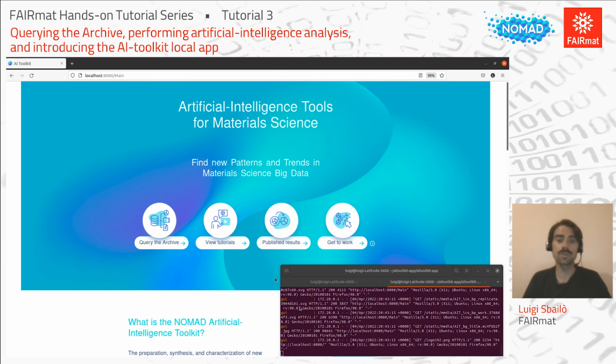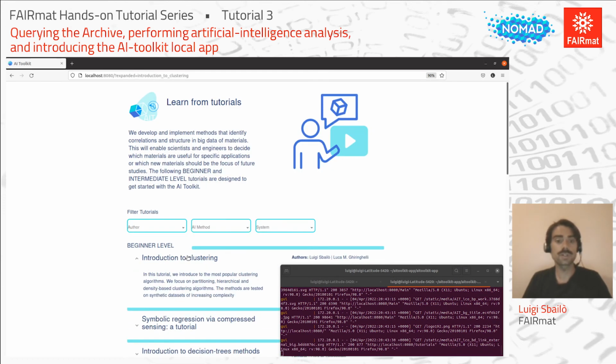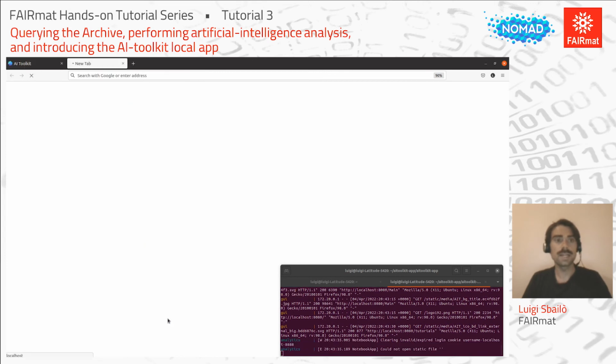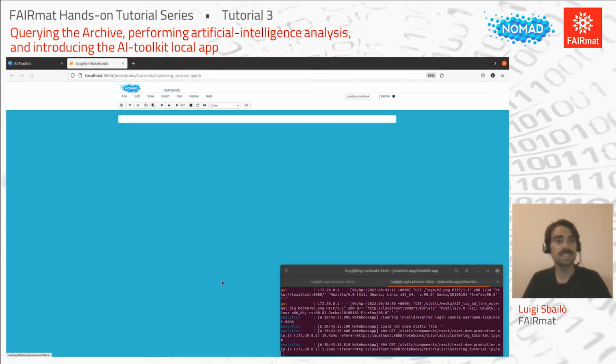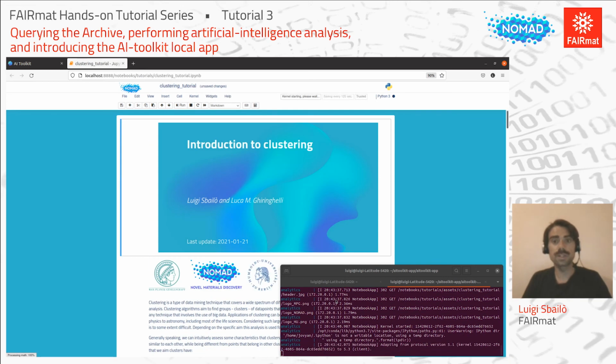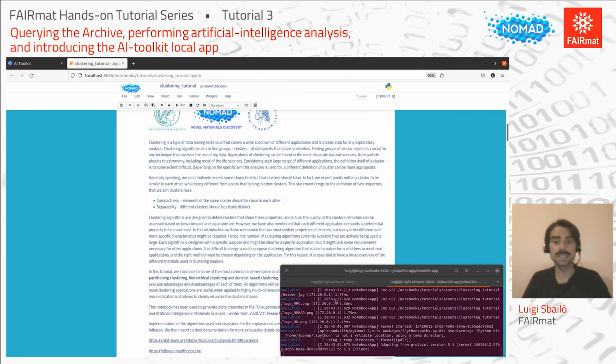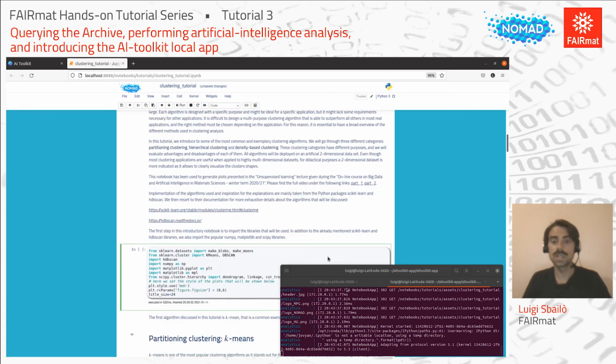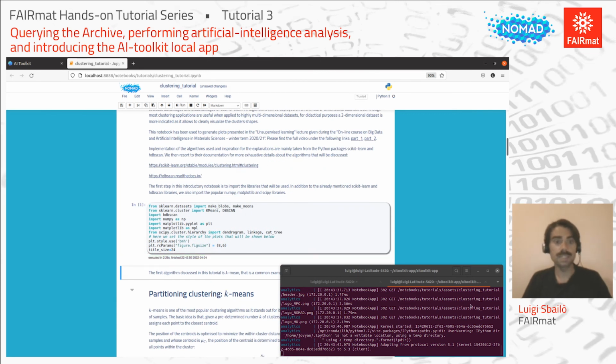Now we are not connected to the internet anymore. You can see that the GUI is the same as the web-based version. So you can browse over all the different tutorials, and all the tutorials have the same installation, the same packages, and you can explore and learn the basics and the most advanced applications of machine learning to materials science on your local machine. You can also modify this tutorial as you wish, and then try the same methodologies on different